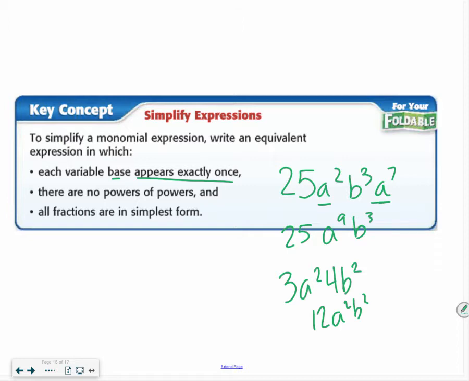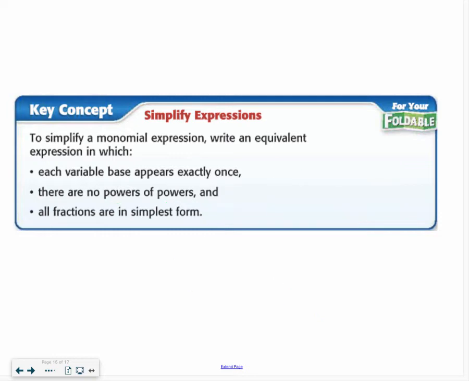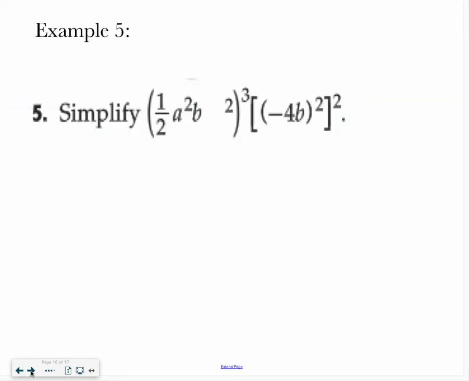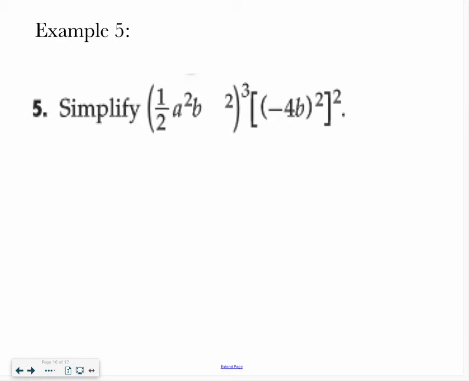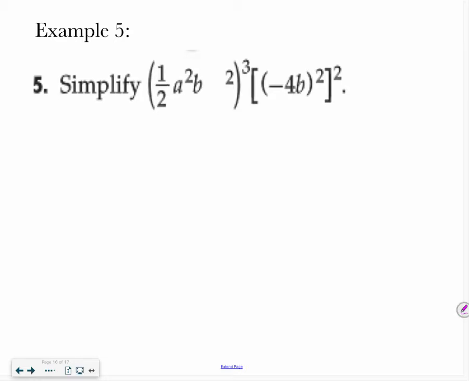There are no powers of powers. Okay, so we don't have any more of these. I have gotten rid of my powers of powers, and all of my fractions are in simplest form. Okay, so let's look at what that looks like exactly. So if I want to simplify this problem, and I have 1/2 a squared b squared to the 3rd, first I need to get rid of all of my powers, so I'm going to distribute that 1/2 to the 3rd power,